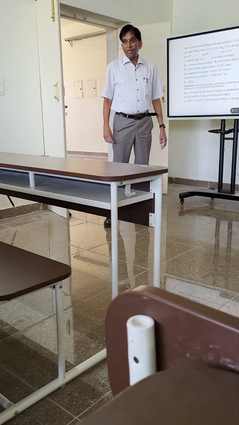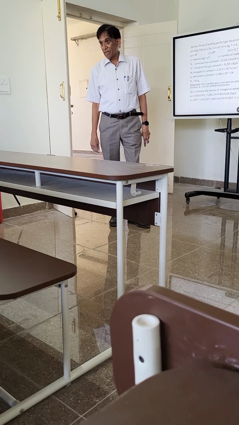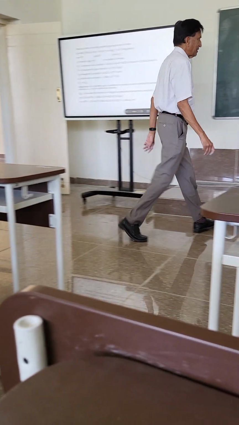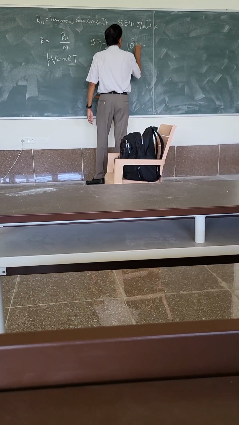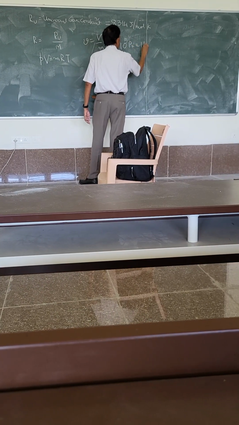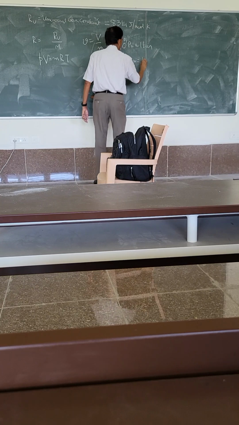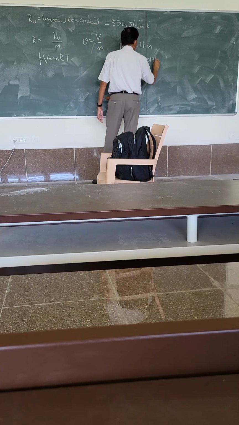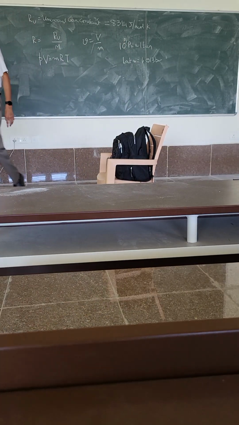Please remember that for pressure P, the unit you have got to use is actually pascals. So what is the conversion of pascal? 10 to the power of 5 pascals is equal to 1 bar. In olden days we used to use what is called 1 atmosphere. The standard atmosphere is 1.0131 bar. That is the conversion for the standard atmosphere.